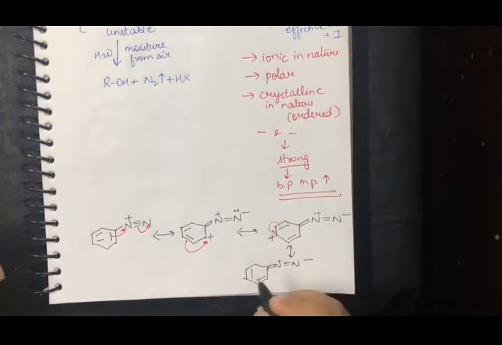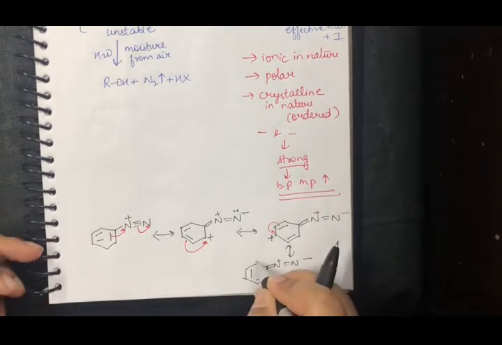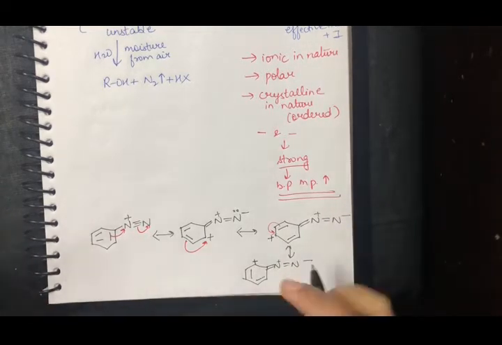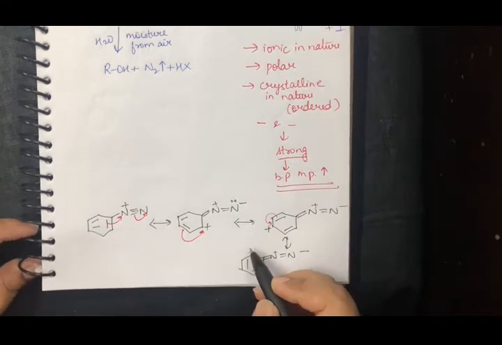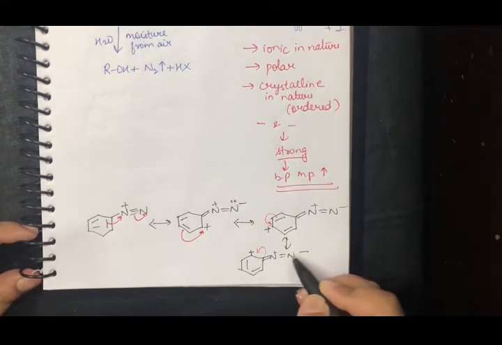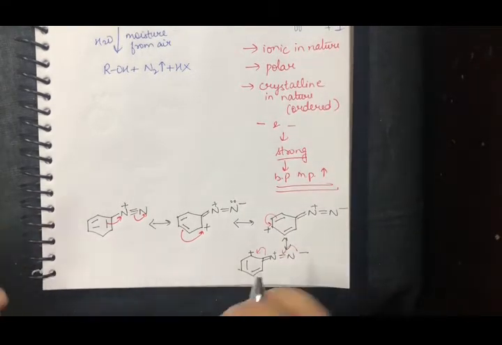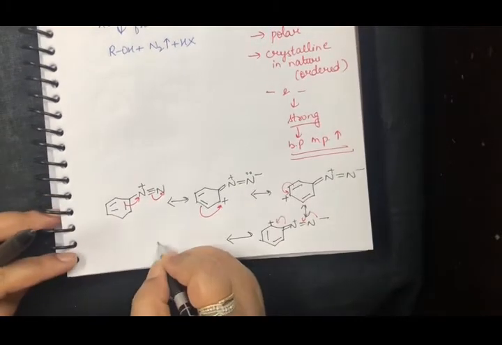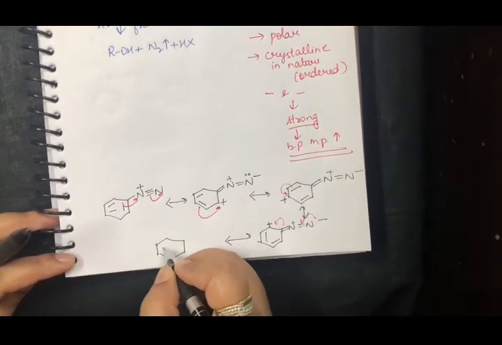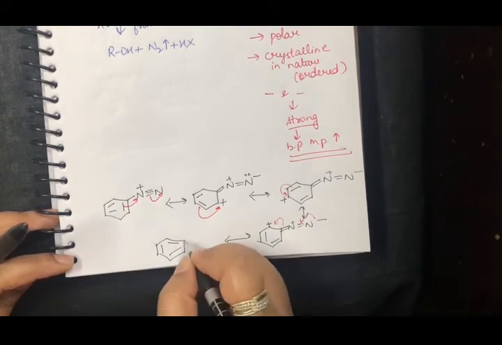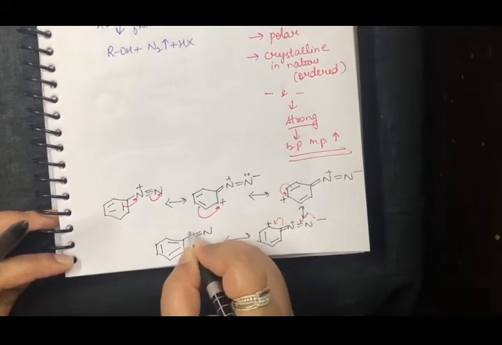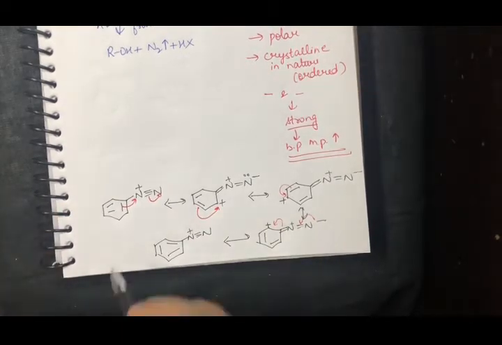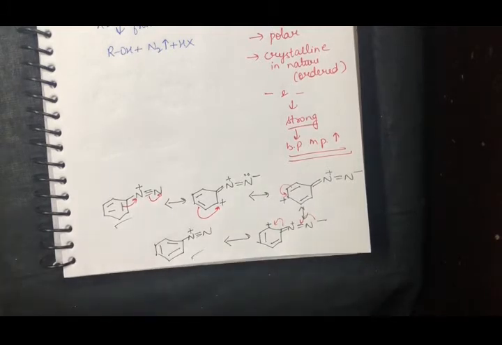Now what will happen? Oh sorry, where is the positive charge? The positive charge is here. So now who will give the charge balancing from here? This bond will shift here and this bond will shift back again. So what is the difference? The difference is only in the position of the double bonds from where we started. So the structures are almost the same, only the position of the double bond has changed with respect to the previous conditions.